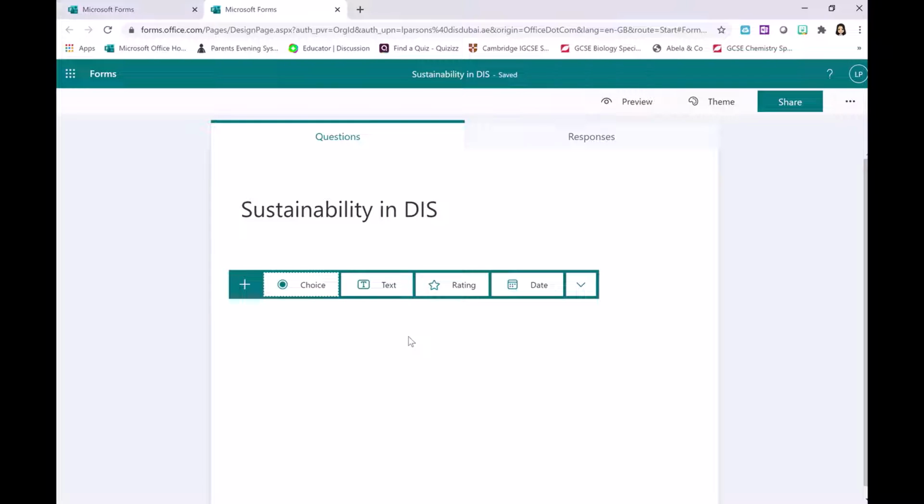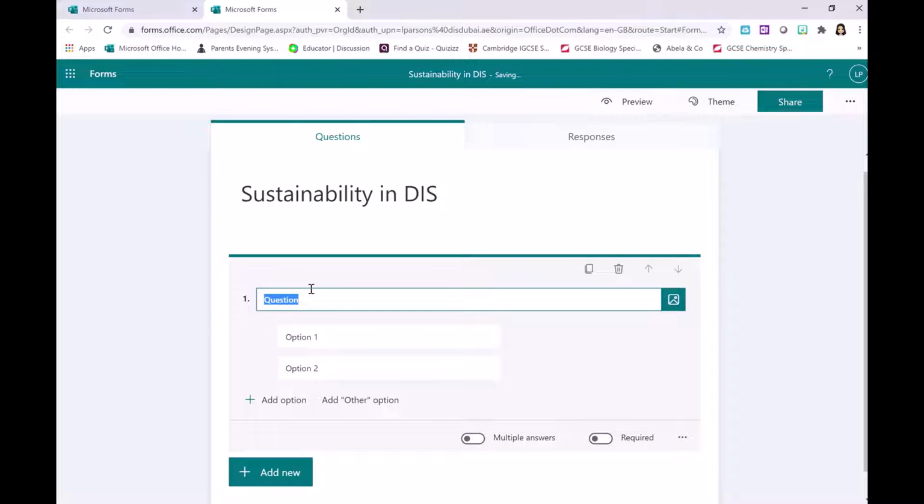I would highly recommend that they ask closed questions first of all, so to define their target audience. So therefore choice would be quite a good question for them to start off with. So you could say, what year group are you in? Okay, and you can make it so that there is only one option that they can tick. If you want to make it so that it is a little bit more open, okay, you can ask them,